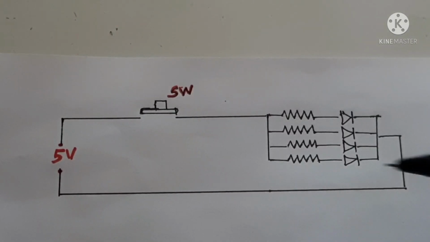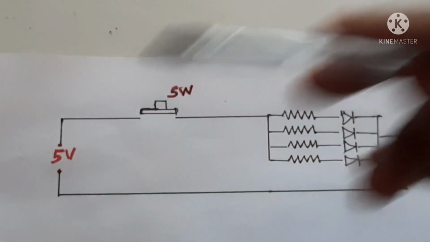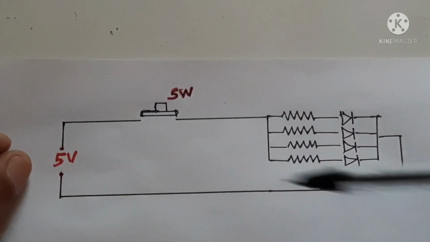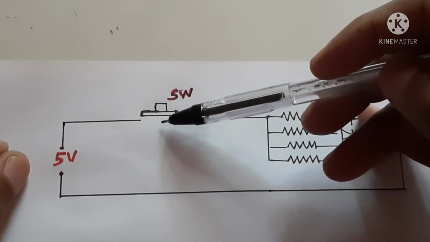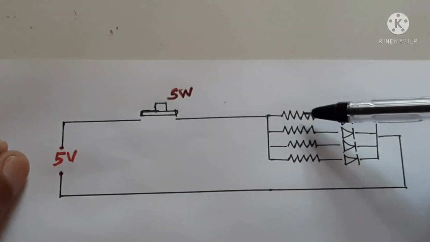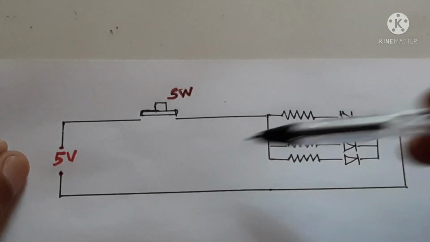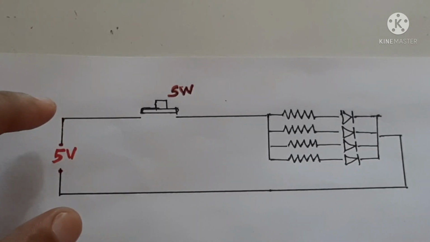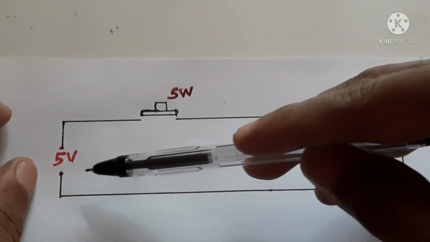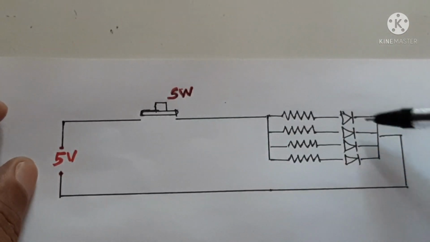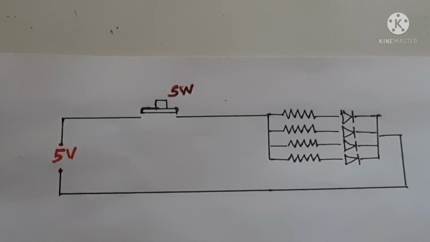So this is the circuit diagram. If this is the 5 volt coming from a mobile charger, we directly apply the mobile charger, and there is a switch. If we close the switch, there is the resistor, and these are the LEDs. The current will flow through this LED and the light will glow. When the charger is connected, the power is coming from the charger, and when we switch on the switch, the LED will glow. Now we will look at how we can make a circuit for charging the battery.